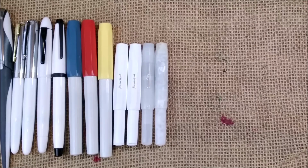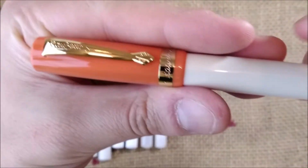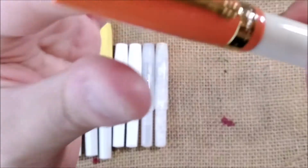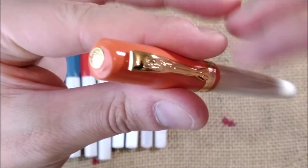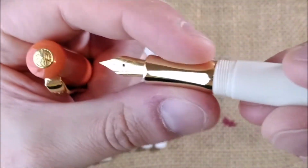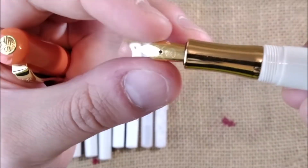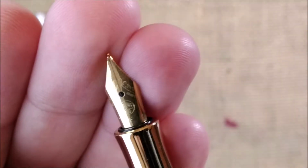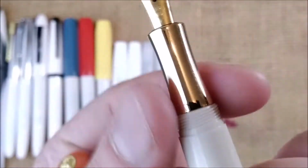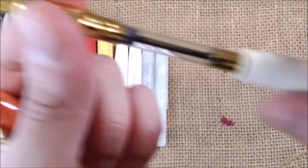And the last Kaweco that I'm going to show is another shade of white. I would call it more like ivory, and it's this one. This is the Kaweco Student. This is the 70s soul, and it has a metal section, gold plated and gold plated nib there. I don't know if the section is gold plated, but it is gold color. It is a cartridge converter pen,